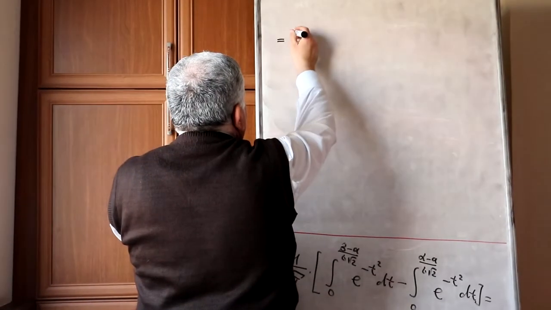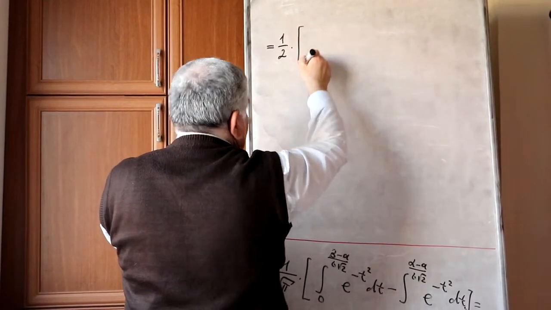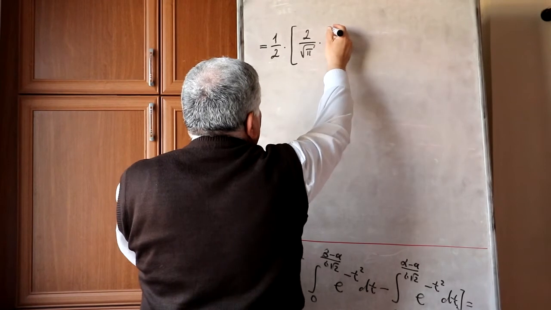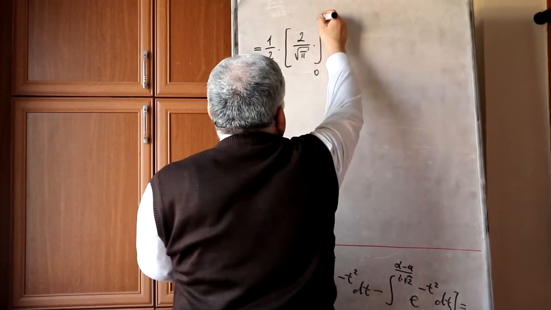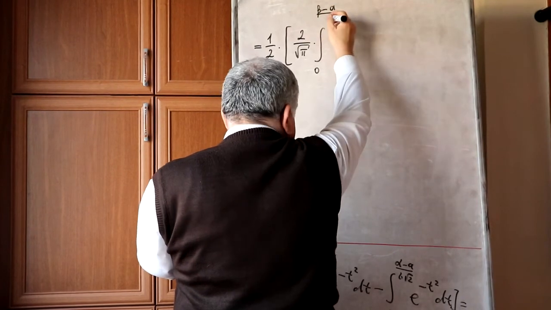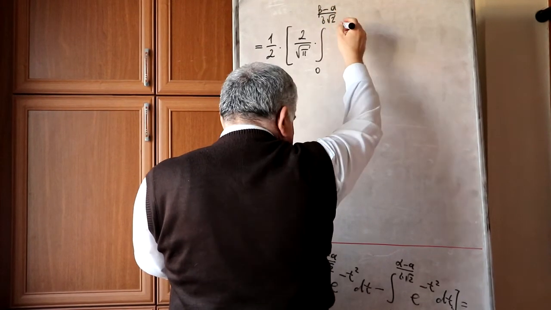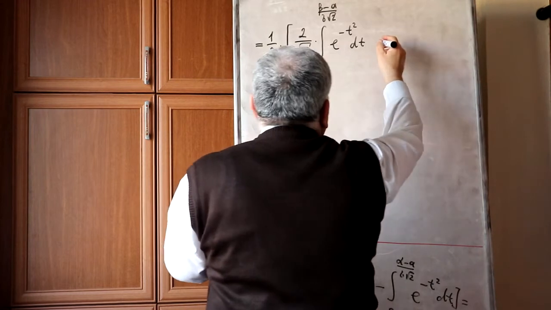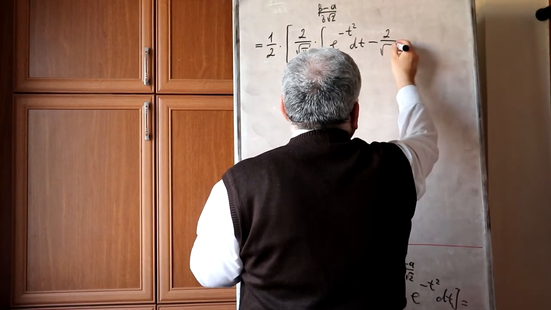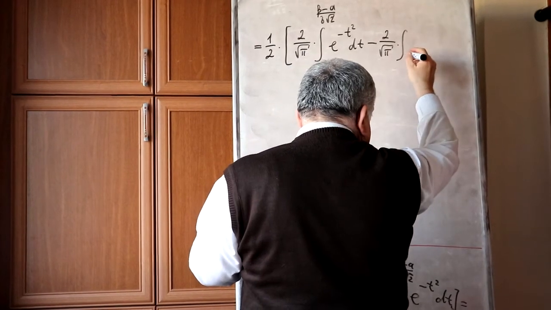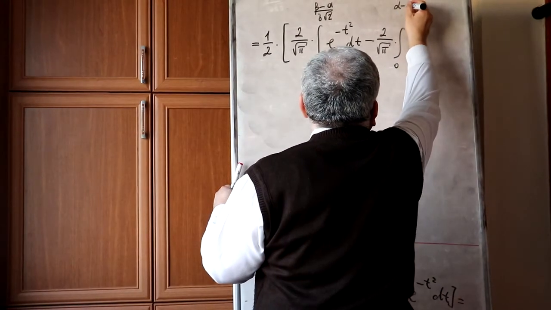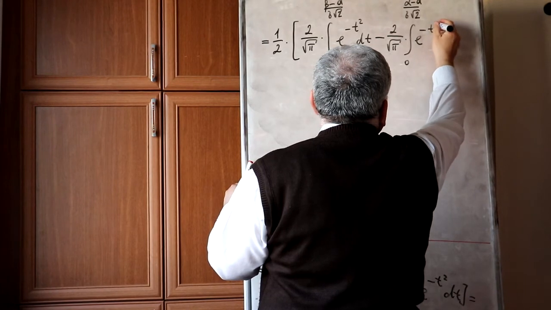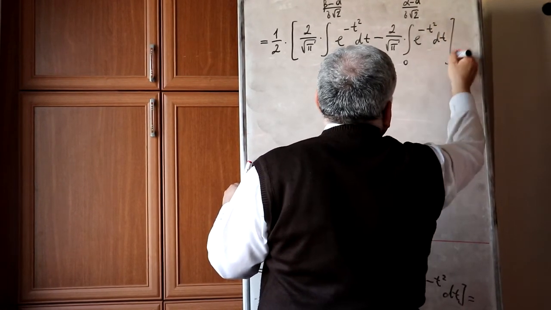It equals one half, multiplied by 2 over square root of pi multiplied by the integral from 0 to beta minus a over sigma square root of 2 of e raised to minus t squared dt, and minus 2 over square root of pi multiplied by the integral from 0 to alpha minus a over sigma square root of 2 of e to minus t squared dt equals